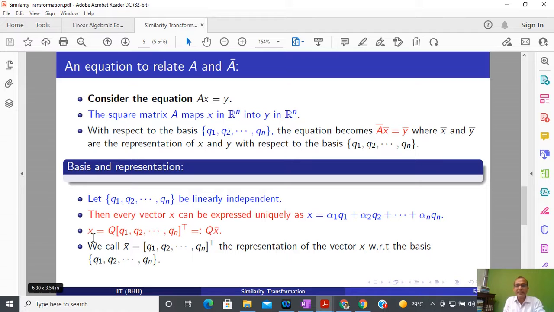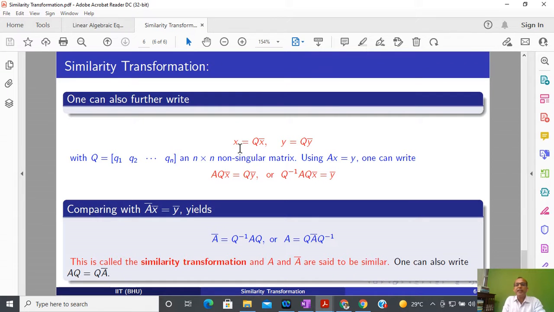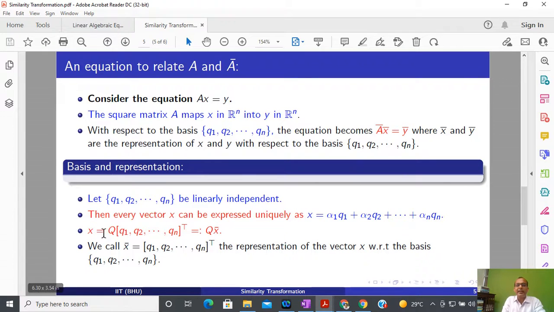relationship. So you can see here x is Q1, Q2 and Qn. So I have defined Q x bar. Does anyone have confusion? Now what I am going to do, x bar I have represented using different bases, and now since x is nothing but Q x bar, y is Q y bar. From here x you can see that Q x bar. Similarly y is